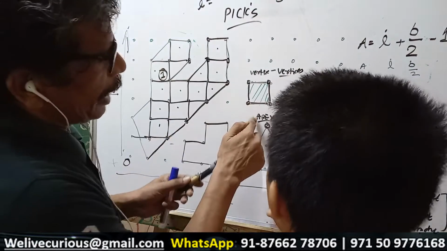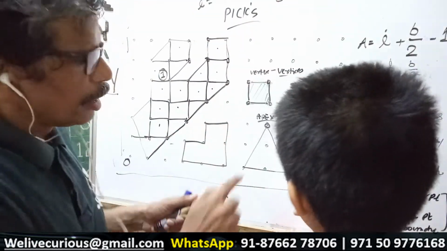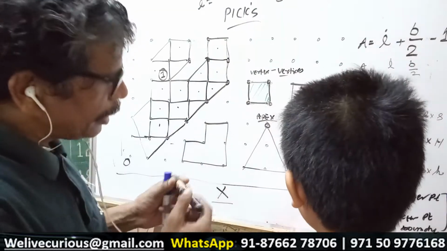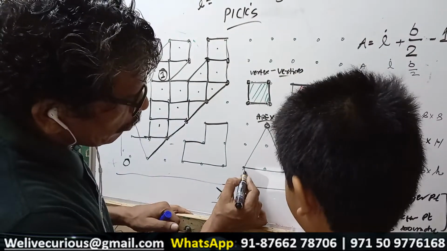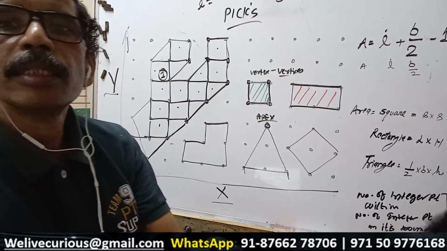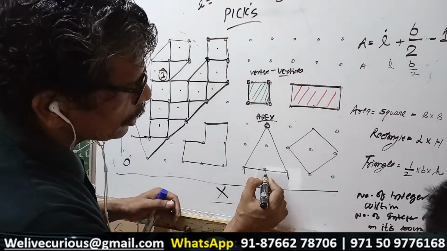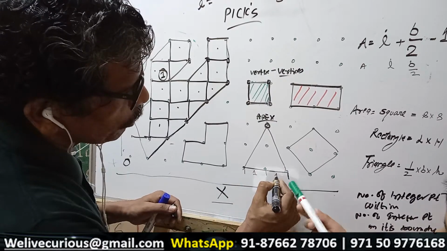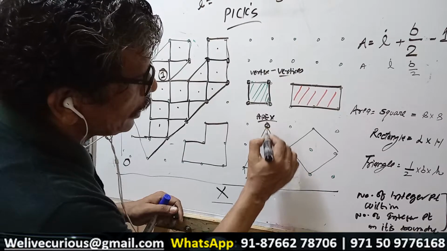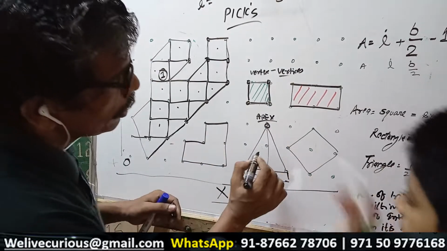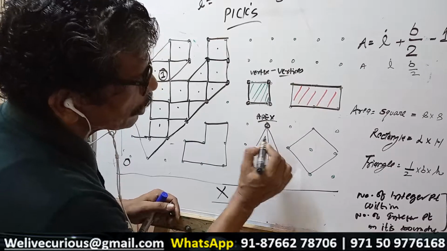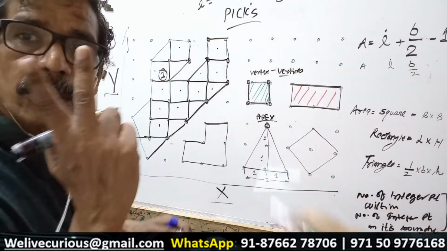This is the apex, the vertex. This apex has some dimension, right? What is this dimension? It is 2 units. 1 unit here, 1 unit here. So this is 2 units. What is the height here? Height is 2 units: from here to here, 1 unit; here to here, 1 unit. So the height is 2 units.